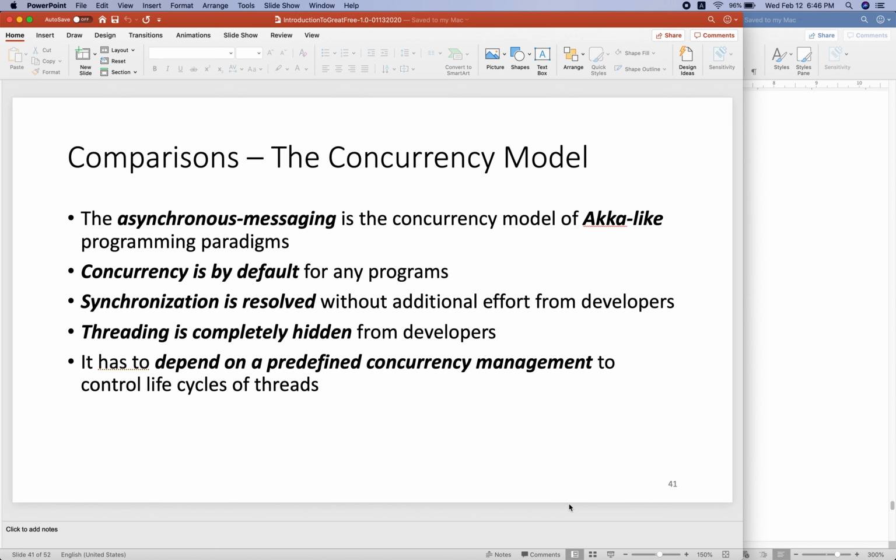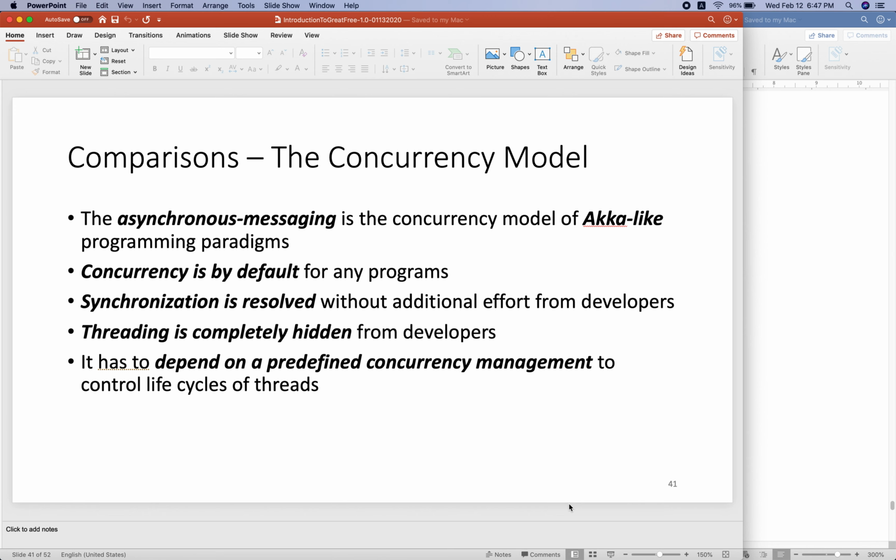Akka has a concurrency programming model called the asynchronous messaging concurrency model. And I think Akka, Erlang, and Go, all three programming paradigms have the same concurrency model. So I focus on comparing with this one.